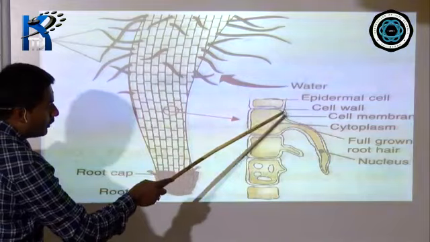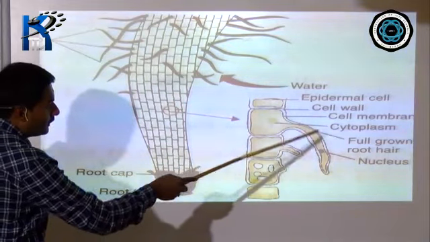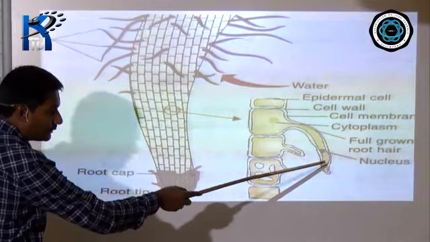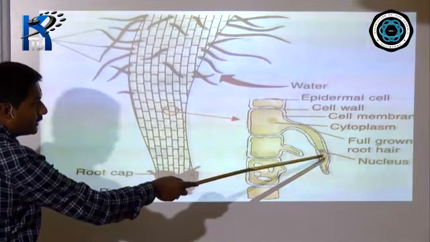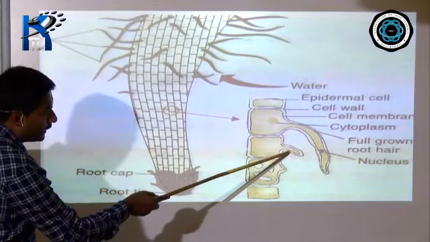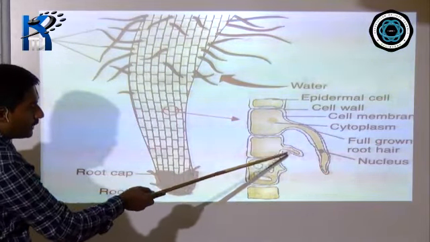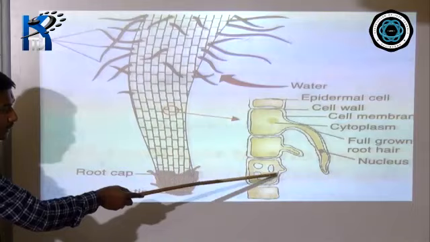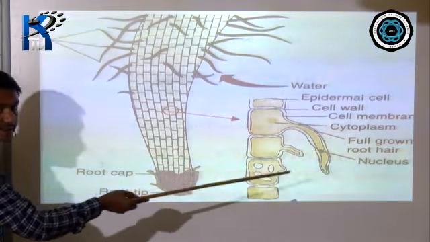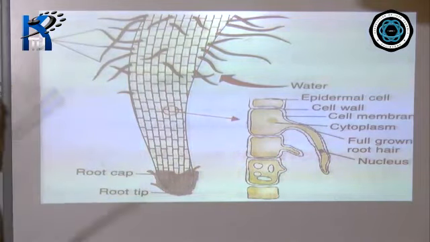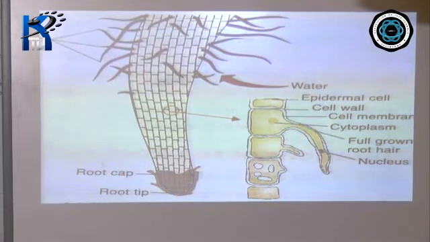And what do you come to know? You see the cell wall, cell membrane, then the inside part, which is the cytoplasm. Every cell contains a nucleus. You also see another small root hair being grown; it is not fully grown, but it is growing. Here also you see a small bud-like structure getting formed. This is also root hair emerging. So from each and every epidermal cell there is formation of a root hair, and the more the root hair, the more will be the absorption of water and minerals.